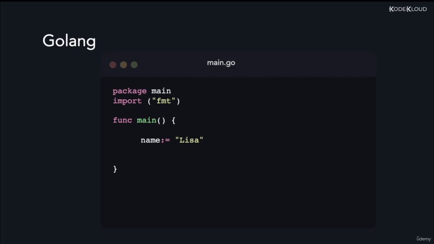Now you might have noticed that we didn't specify any keyword or even the data type of the variable. This is because the compiler has implicitly assigned the string data type to the name variable over here. Now we print it, and when we run the program, we get our expected result. So no worries if you did not understand the program completely. We'll get into the details of variables and declarations later on.